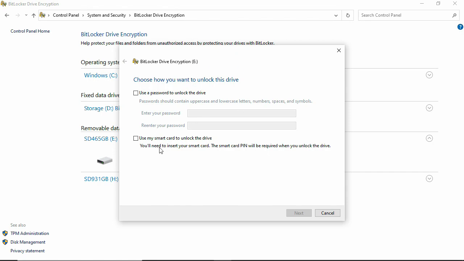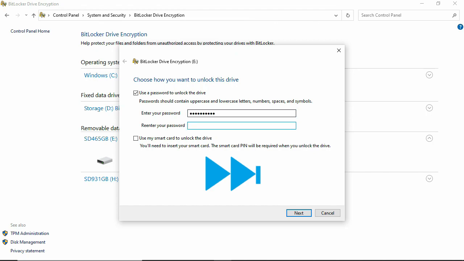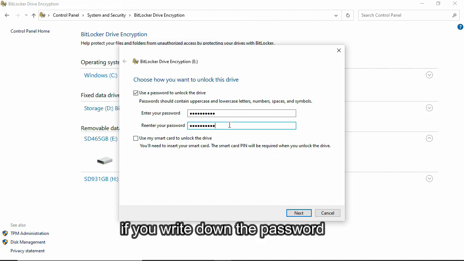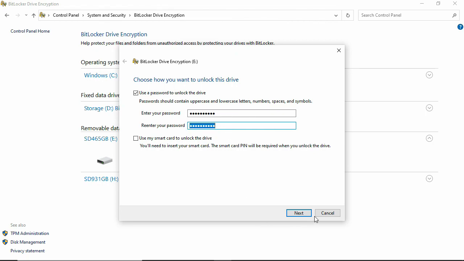Here in this screen you can choose how to unlock your drive. So I'm going to use a password to unlock the drive, so check this box, and then you're going to type in your password here. Be sure you don't forget this. Write it down if you have to. Once you've typed in your password, you want to click Next,